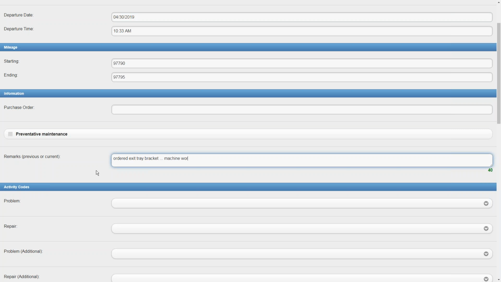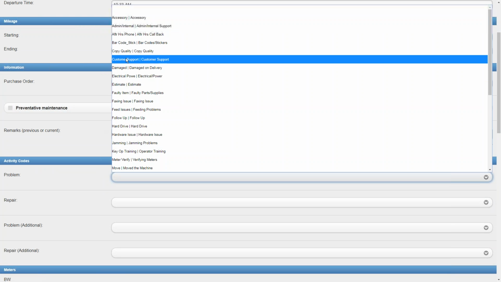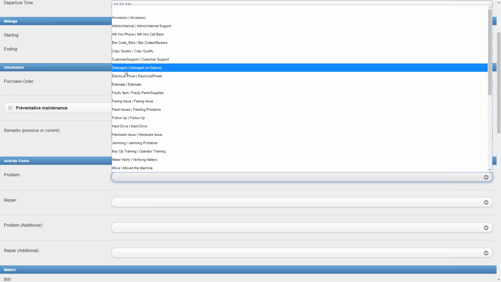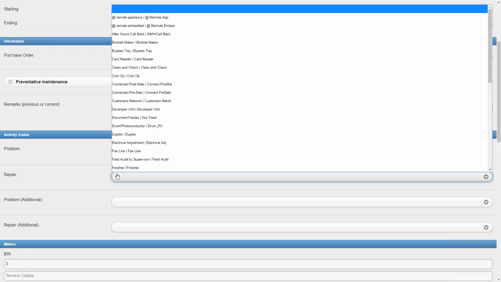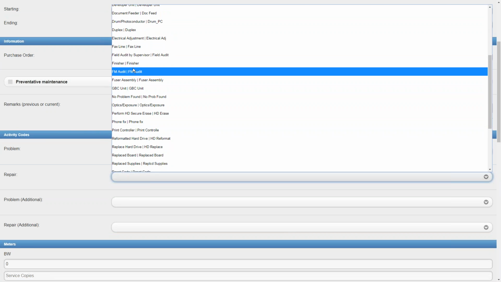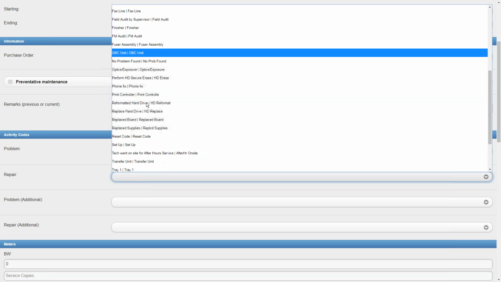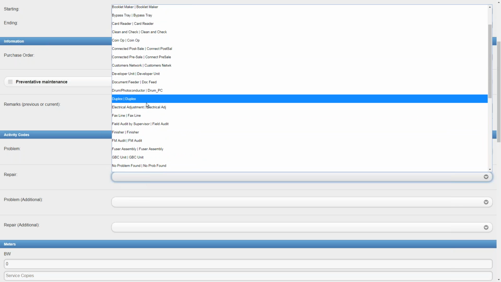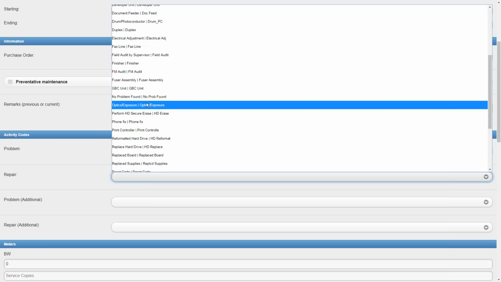Machine working. Okay. The problem was, again, some sort of concern, damaged, whatever the code would be. The repair was we ordered parts. Now you guys probably have some sort of a code here that you might use for down needs parts, or working needs parts, or down, something like that. So I'm not sure which one it is, so I'm just going to grab